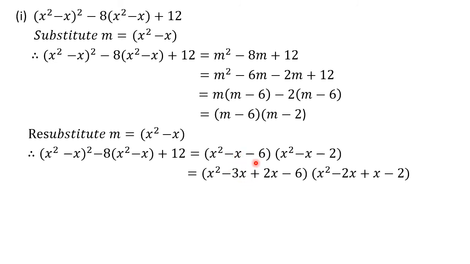See, the middle term again is split. This minus 6 is split. Now see here, why we are thinking only of minus 6, because here the coefficient is 1. 1 into anything is the same thing. So this minus 6 we can write as minus 3 into plus 2. Why minus 3 into plus 2? Because the difference we want is minus 1. That is why the bigger number has the minus sign and the smaller one has the plus sign. So this minus x can be written as minus 3x plus 2x.